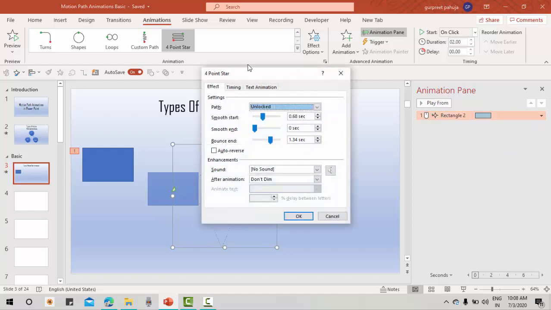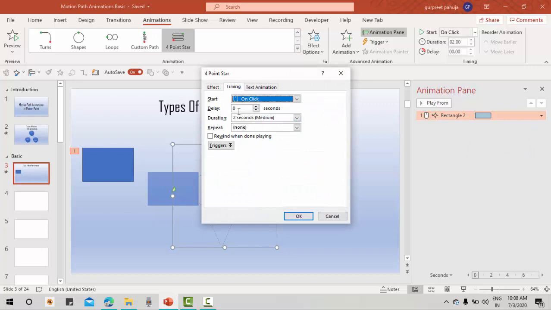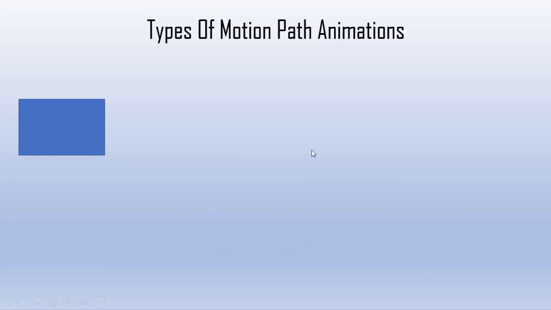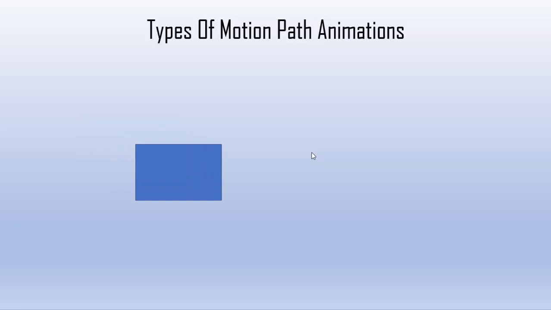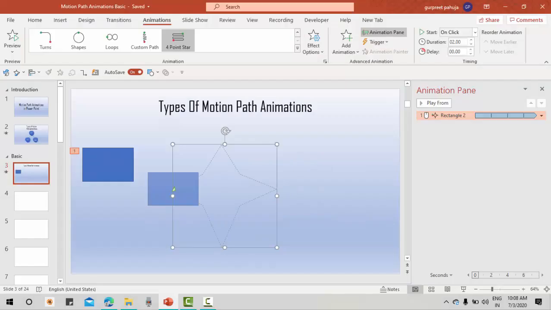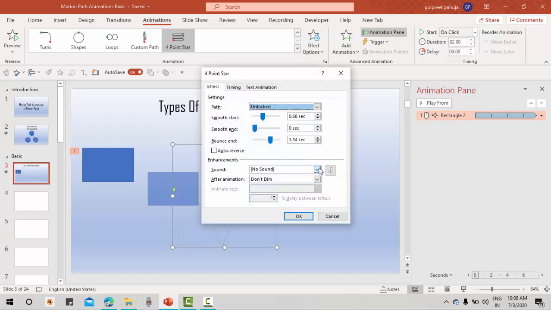Effect options, let us see more options. We have timings, we can select the timing, delay, duration, how long you want the animation to happen, repeat if you want it until the end of slide, so then this will keep on happening. So the animation will keep on happening again and again. You can add a sound here, you can add applause, arrow. Some of the sounds are already available. We can add another sound, maybe if you have downloaded from somewhere.